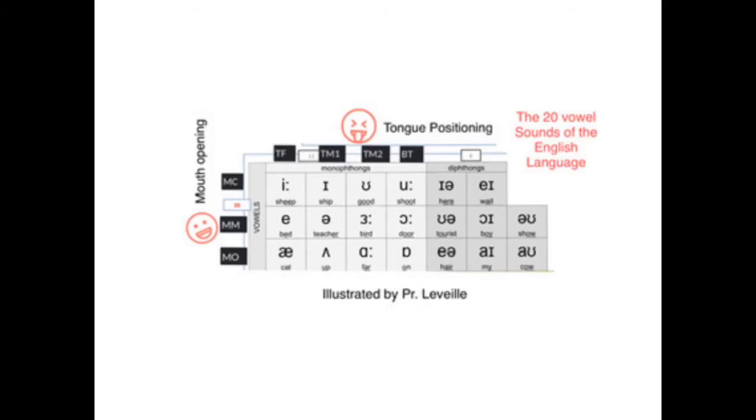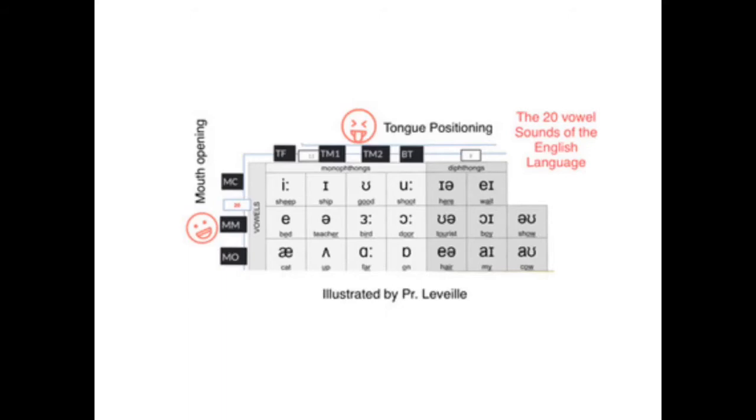So the most important part of that chart is the 20 vowel sounds, and within those 20 vowel sounds you have really 11, according to my experience, that are critical. The other ones are combinations of those 11 ones, right? So we'll get into them in detail when we get there, but I just wanted to point out here the positioning of the tongue and the mouth based on where the sound is